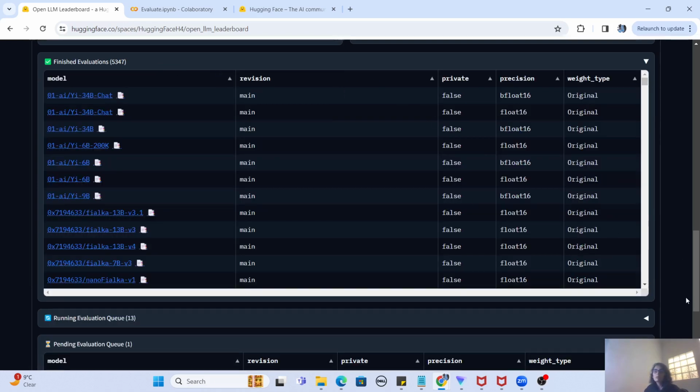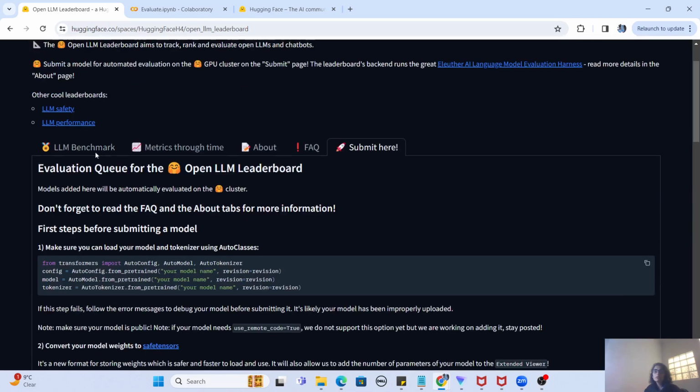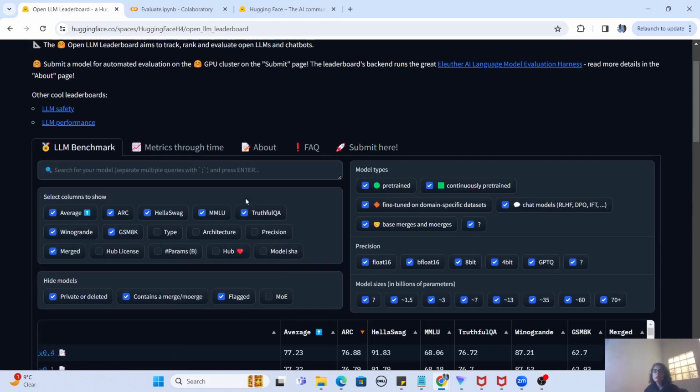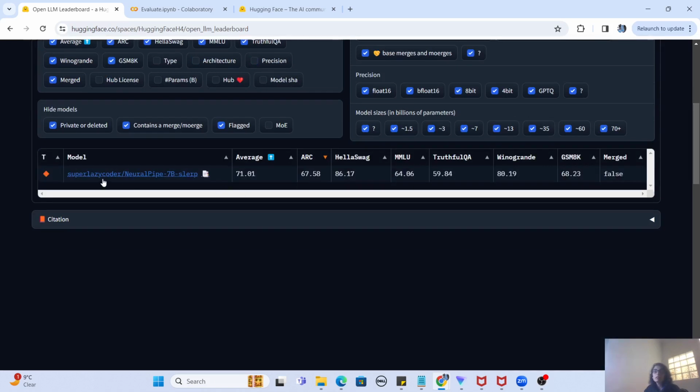Okay, so for example, let me try to find out my model in the leaderboard. So if I go into the LLM benchmark here, let me just try to find out the model, because I have submitted some of the models for evaluation before. Let's see if I can find one of them. So you can see that this super lazy coded neural pipe 7 billion parameter model was a model that I submitted a long time back, and it took a lot of time for it to get evaluated and get reflected here. But finally, after I think few weeks or few days, it got reflected